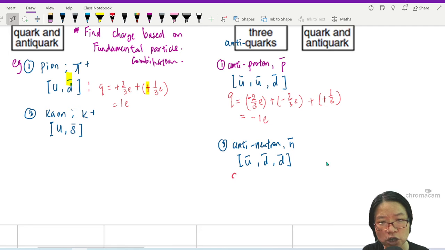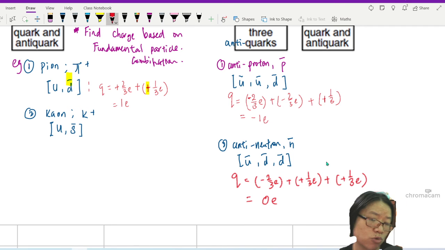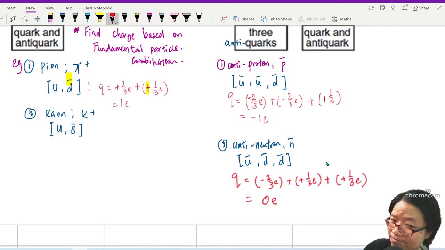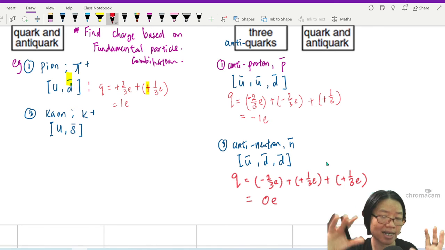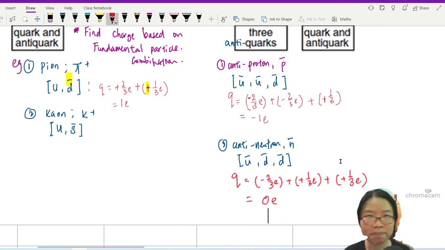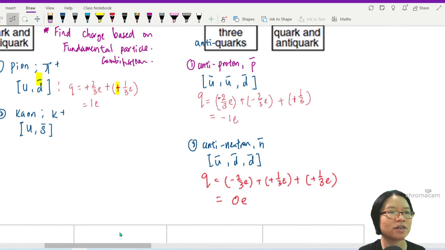So to find the charge of the antineutron, you will take negative 2/3 E plus positive 1/3 E plus positive 1/3 E. And this one is 0 E. So neutral is still neutral. But what makes up the quarks inside is now all anti-quark. Okay? So if you follow along this train of thought and you look at